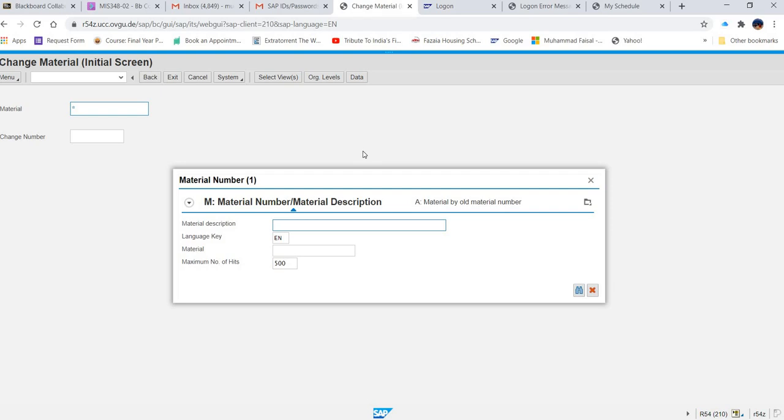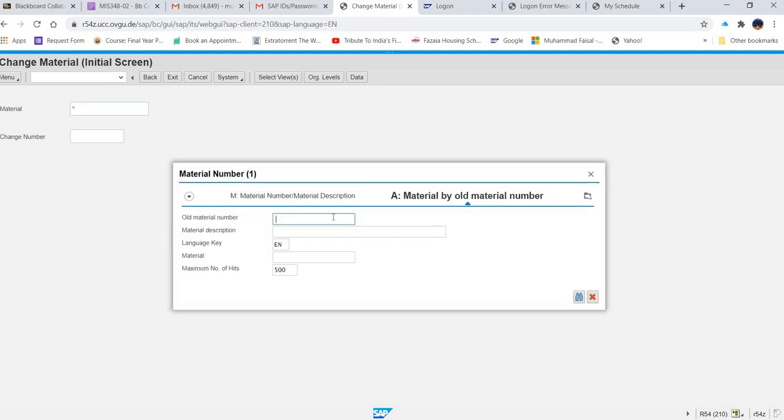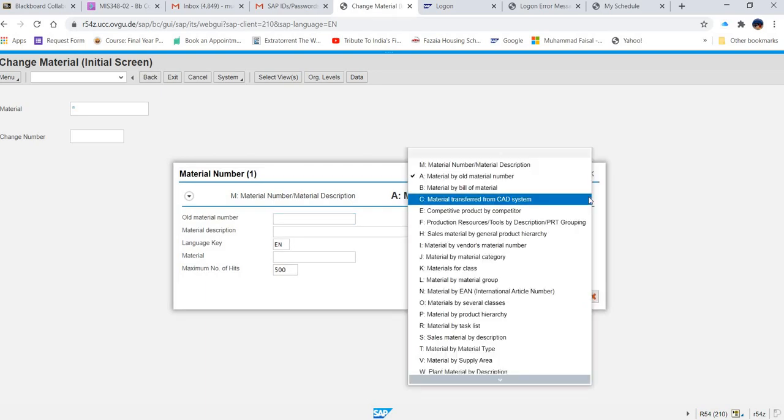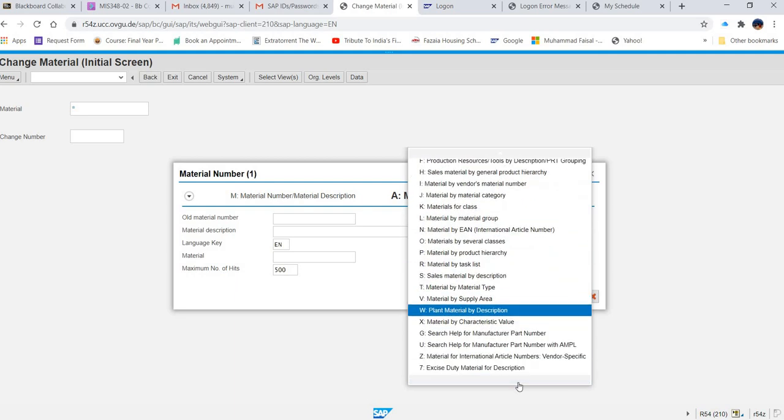So what are you finding? You are finding a customer with limited or incomplete information. In that case, you will use F4 and you can find that customer. And how can you find that? You can see there are multiple criteria available over here. So you can click on any of the criteria and supply the data accordingly. And how many criteria are available? If you click here, you will see a big list. See this list. Can you see? This is a big list that will help you find the record that you are searching.